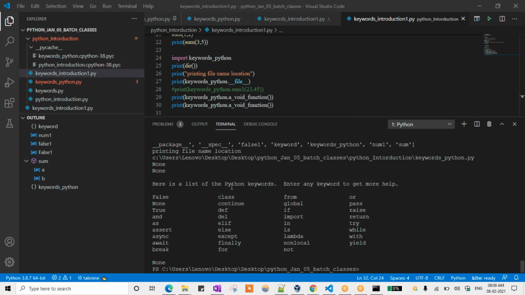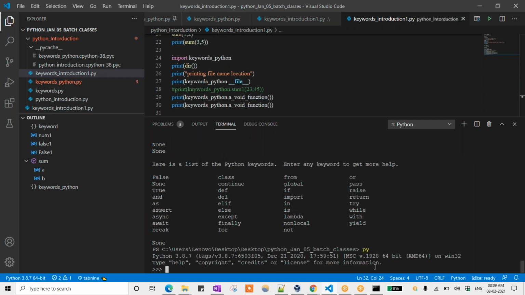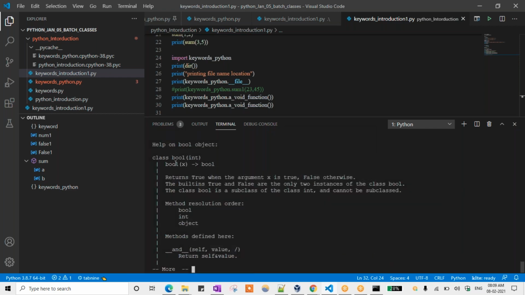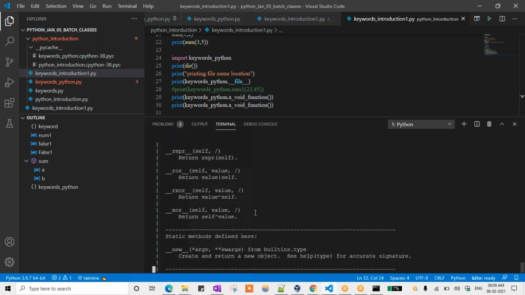so see here, there is a list of Python keywords. Enter any keyword to get more help, like False and class, something is there, right? So what I will do now is help. So Python I am doing in the interpreter here itself. So I am taking help of False. So here I can just take the information from here itself. So it is showing bool(x). So it will give the output as boolean. Returns True when the argument x is true, False otherwise. So you can get the information here itself. Instead of remembering all the things, you can get the information here itself.